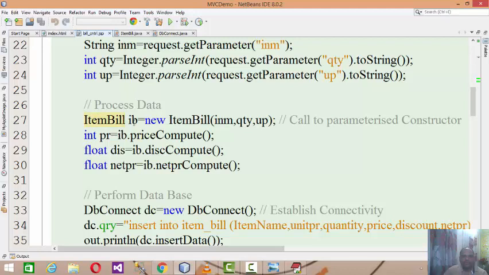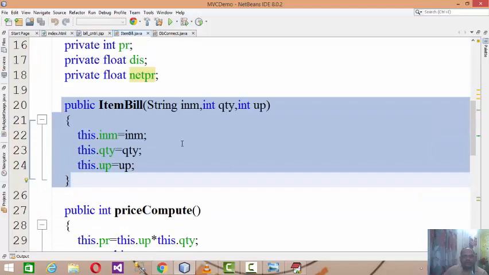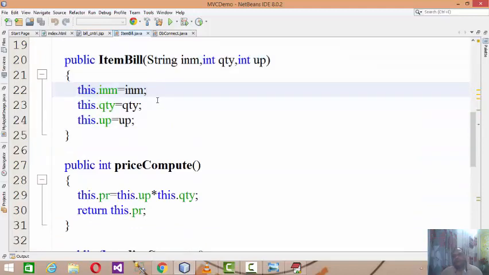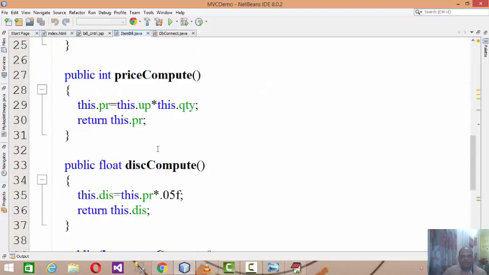So here the constructor of ItemBill will get initialized by the private data: item name, quantity, and unit price. After that, I have a method called price compute, which will compute the price using the formula unit price into quantity equal to price, and return that price.